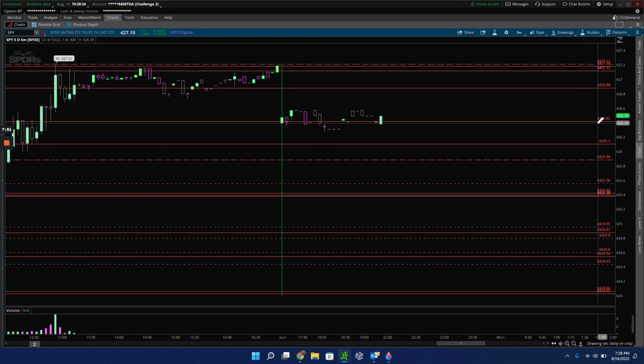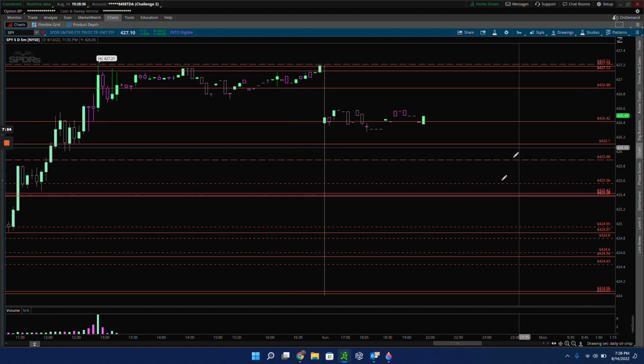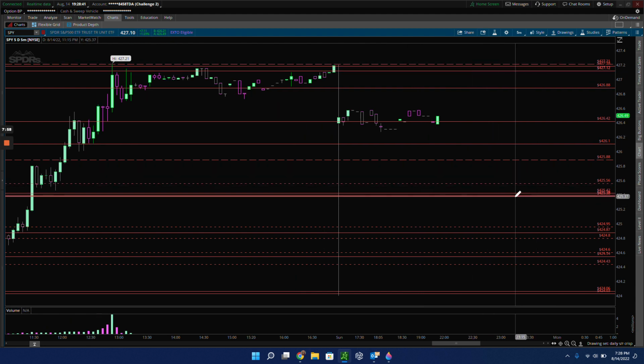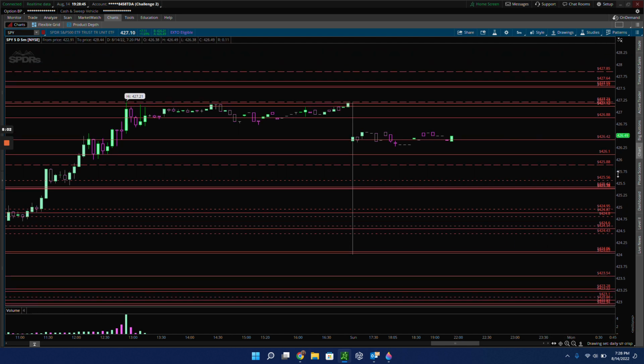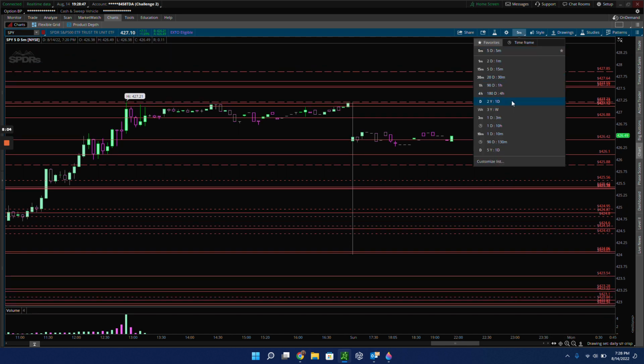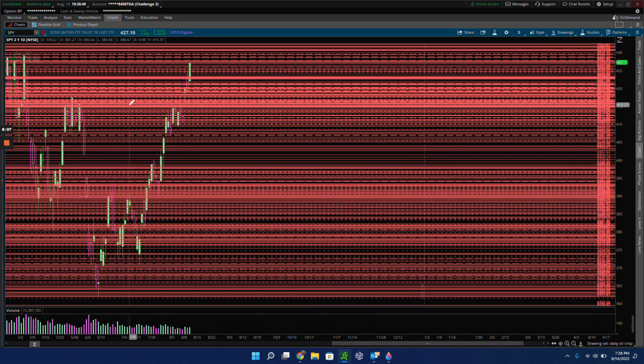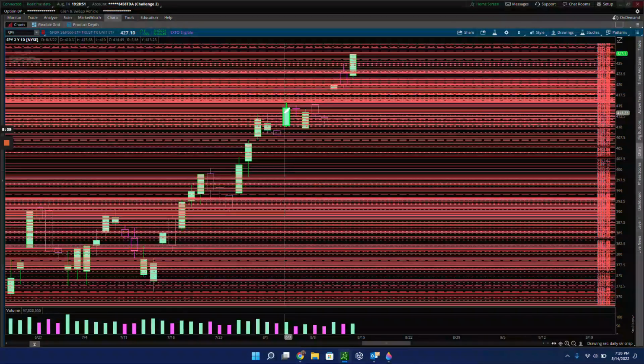So that's number one. Number two is when you see these and you're going back, you're probably thinking, why are there some dotted lines? Why are there some thick dashed lines? That represents the other important part: strong levels of support or resistance. So when I'm going back and doing my daily,